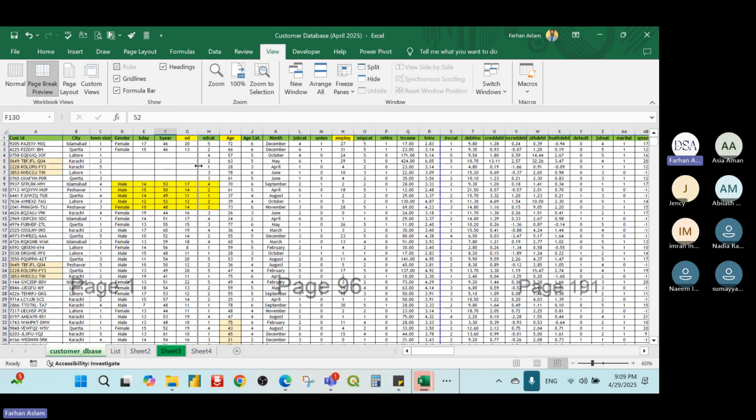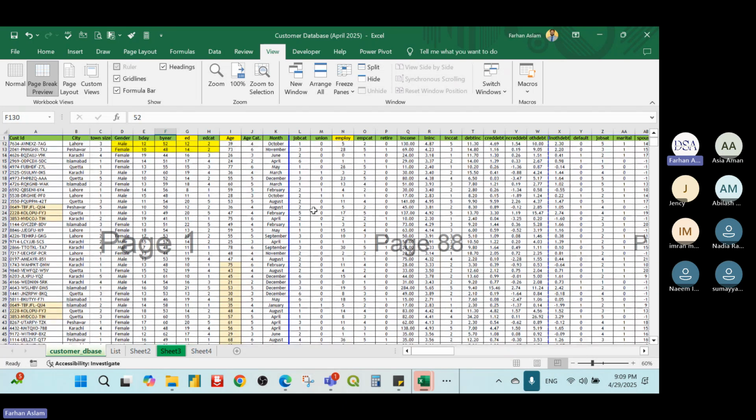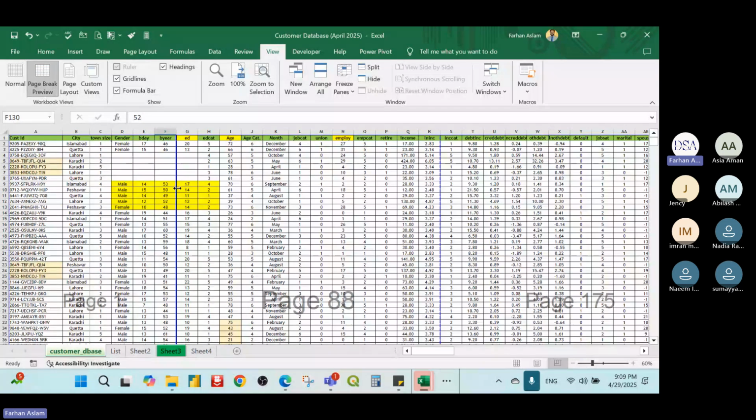So if you notice that when I move this line to the right side to J or K column, the number of pages will be reduced, which means now the same page is covering more text, more columns. At the same time, if I move this blue line, which is actually a border of one page, to the left side, you will notice that the number of pages are increasing,